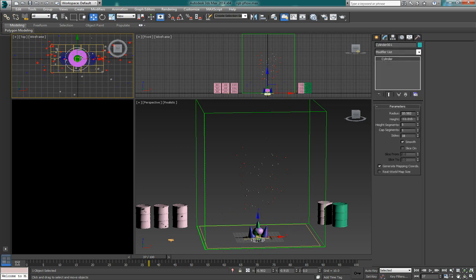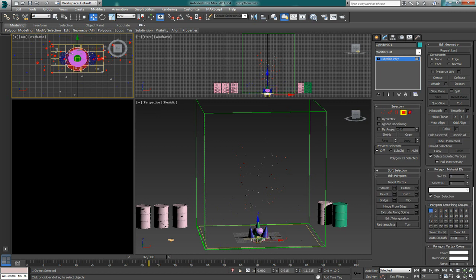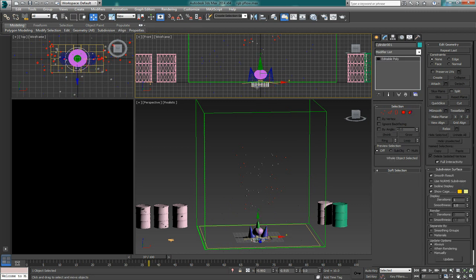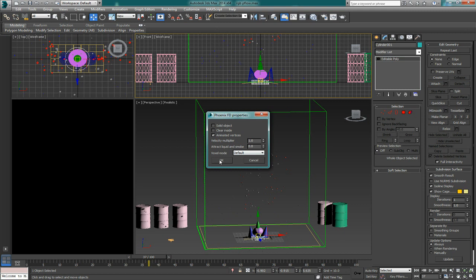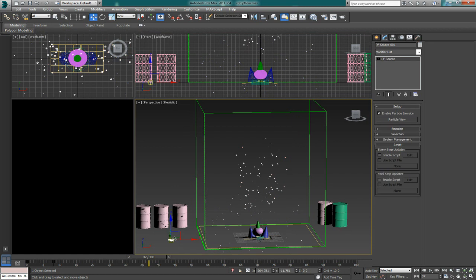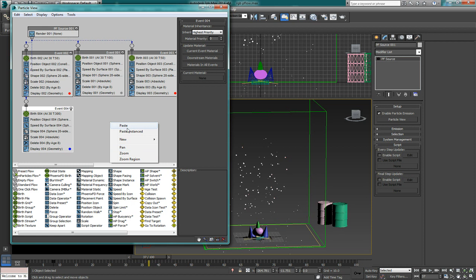I will convert it to editable poly and get rid of the lower and the upper cap. Whoops. Okay. So I will move it into the grid and again make it non-solid, not renderable. I will go to the particle flow source, copy the last event,